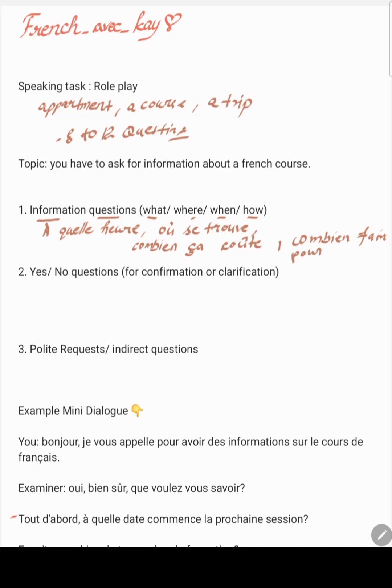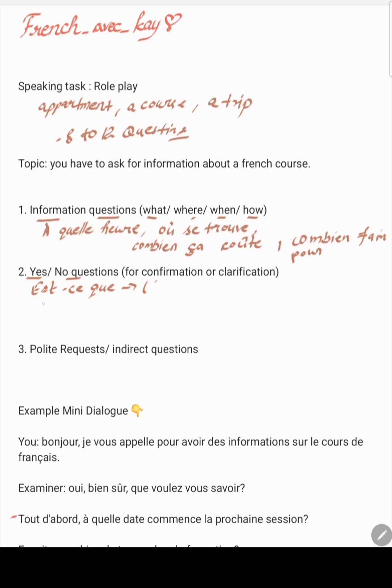And then we have yes and no questions. So basically we ask these kinds of questions to confirm the information. For example, if we want to know, is it possible to book something in advance? Then we say, est-ce que je dois réserver à l'avance? Like, do I have to book in advance? Est-ce que je dois? So this is the easiest form to ask yes and no questions, to use est-ce que. And then if you're asking about an apartment and we want to know if it's